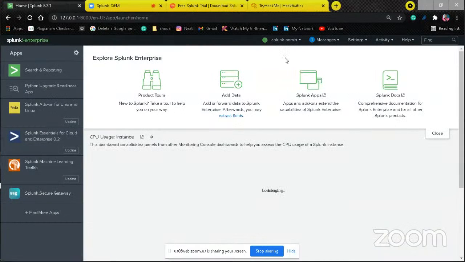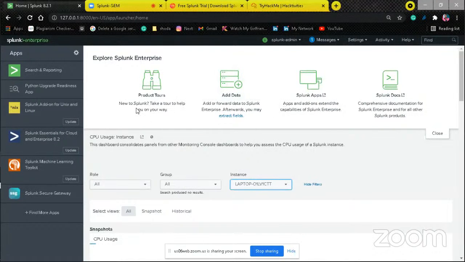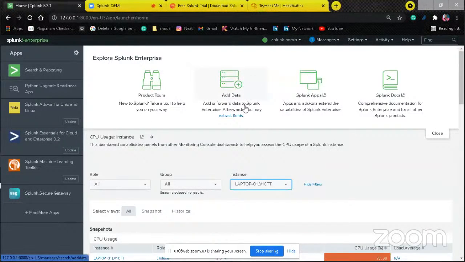The apps and the add-ons, these are just the add-ons. And then when you come here on the explore feature in Enterprise, there's the first one where you can perform maybe a tour, you can see what happens in your Splunk. There's the most important, the adding of data. This is where you can add your data, but there are two ways. First, let me just